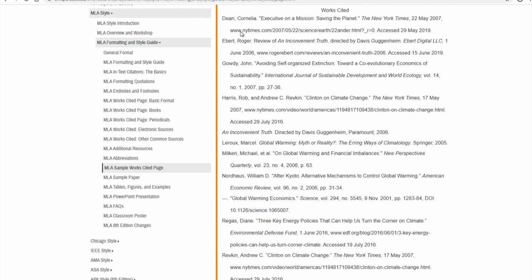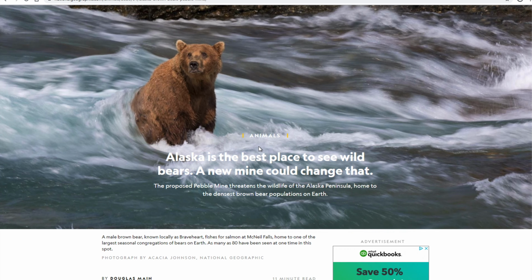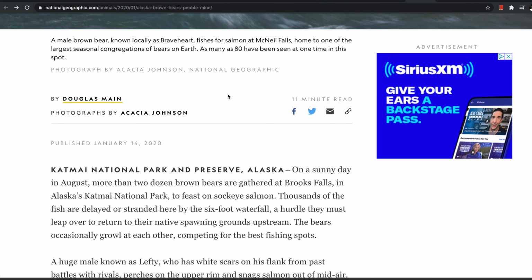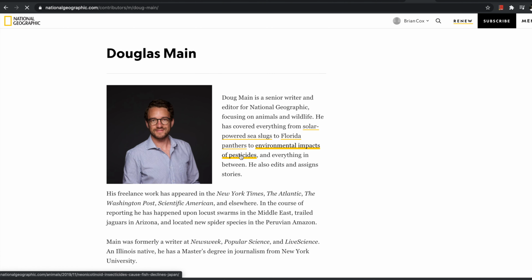So let's take a closer look at an article from National Geographic. So here's an article, National Geographic. It's about bears, and let me just zoom in here. So the first hyperlink I see is right here, Douglas Main. Now Douglas Main is the author of this article, and he adds a hyperlink here in case you don't know who he is. So if I was to click this, it would be to learn more about Douglas Main, the